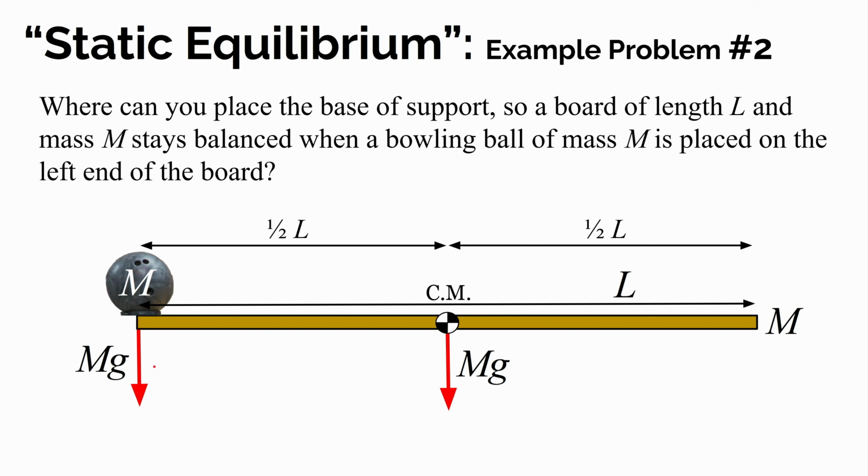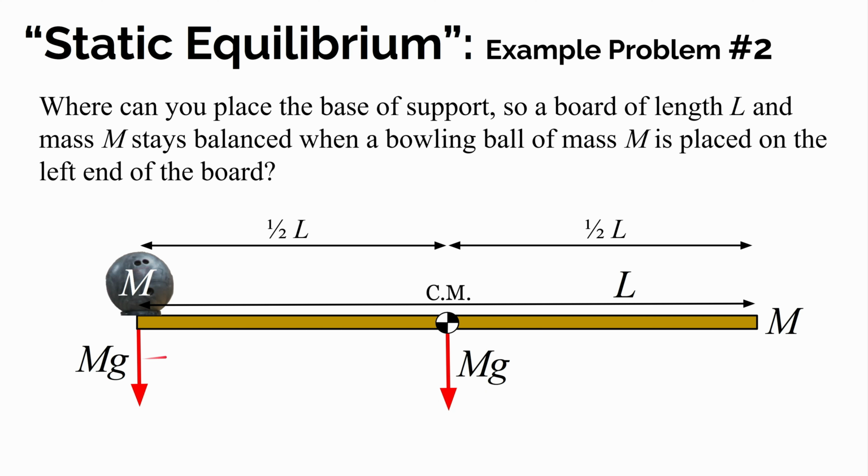So we have two forces that are the same size that are trying to make this rotate, but we're trying to figure out where we can put that pivot point, essentially providing a normal force or a location of pivot where everything would stay balanced. Let's go to the extreme. If we put the pivot point at the right side of the board, now we have two forces that are trying to make this board rotate in the counterclockwise direction. That clearly won't work. Or if we put the pivot point in the middle, this force would exert zero torque,